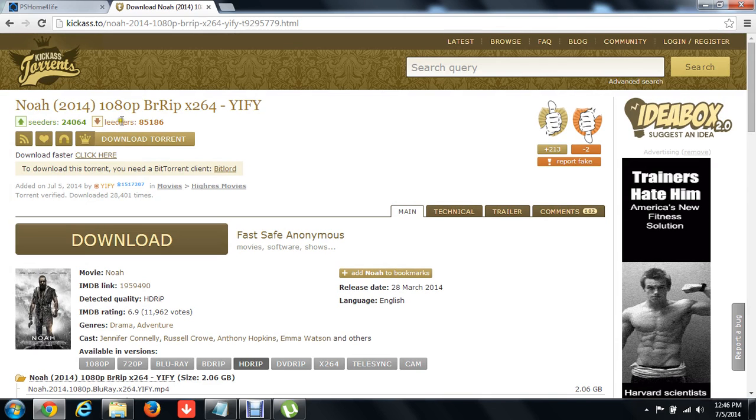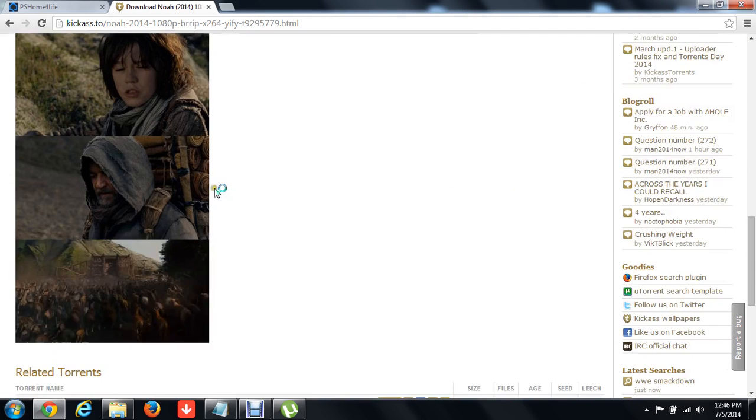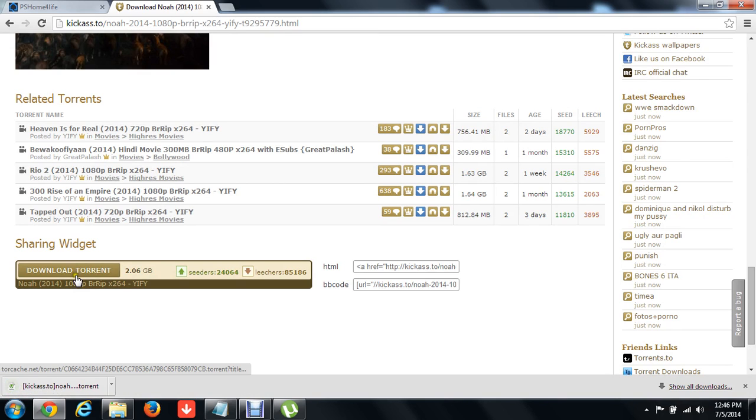So you look at everything, it looks right, this is what you want. Then you're going to click on the download torrent. You don't want this button here. You want to do the download torrent here. There's one at the top. If you go all the way to the bottom, there's one down here. It doesn't matter which one you hit, but if you click on that, it will download a uTorrent. It's like a starter that starts up uTorrent when you click on it, and actually puts it in there for